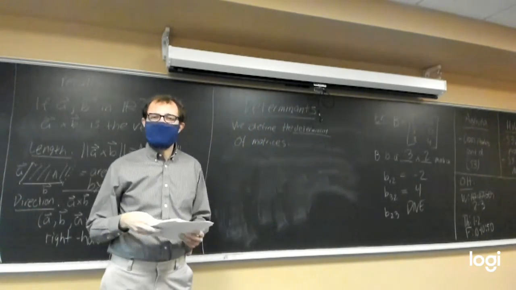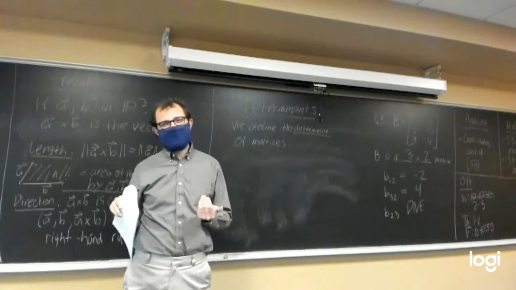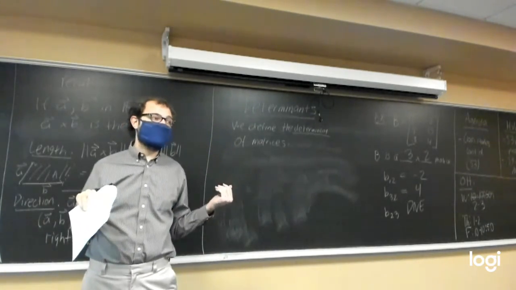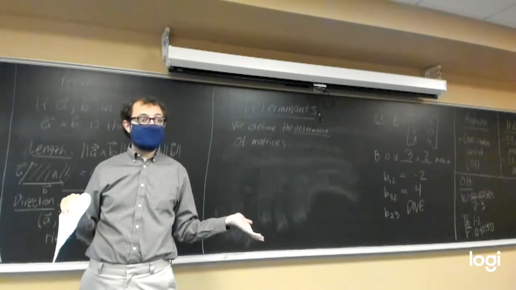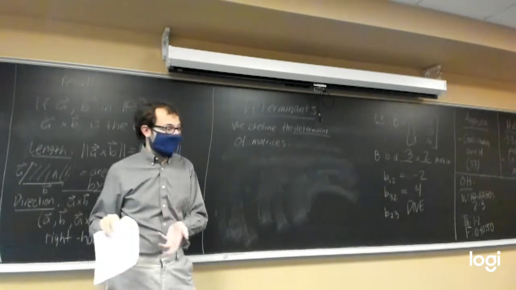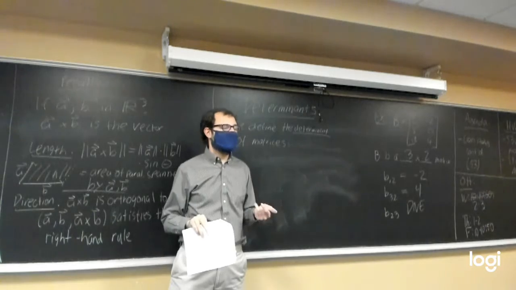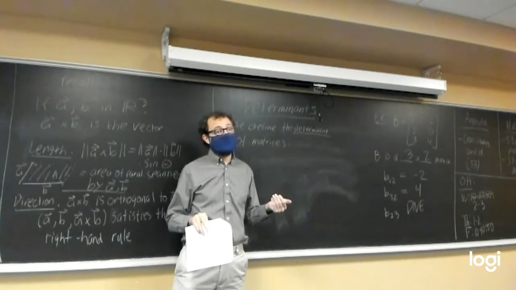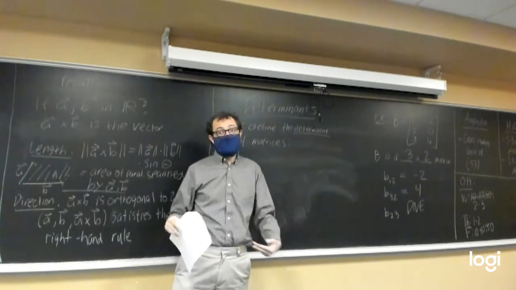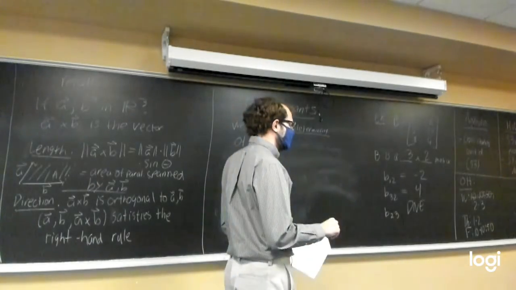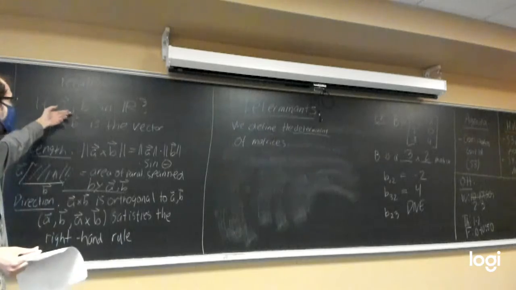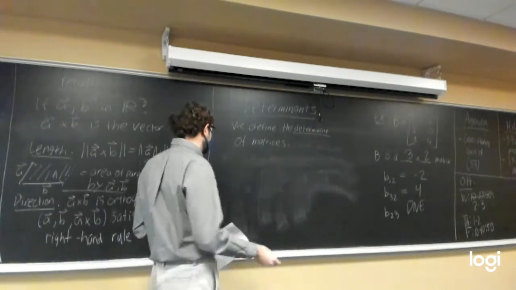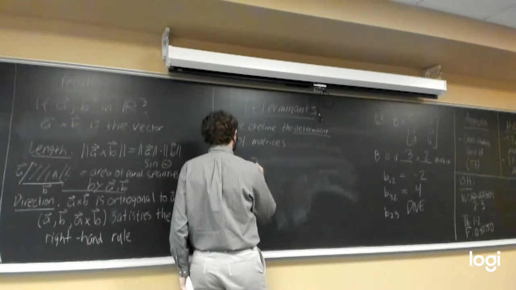For today, all that we're going to need is how to find the determinant of a 2x2 matrix or a 3x3 matrix, meaning a matrix with 2 rows and 2 columns, or 3 rows and 3 columns. When we get to Standard 5, we'll talk about how to find determinants of other dimensions of matrices. But today we're just going to focus on 2x2 and 3x3, because that's what we need for cross products. So if we have a 2x2 matrix,